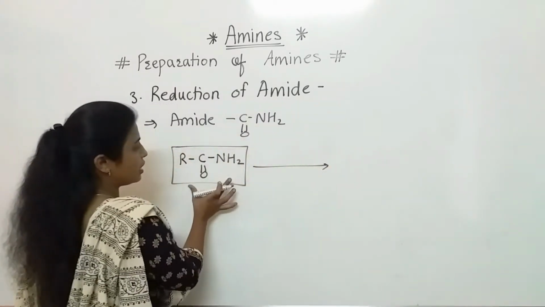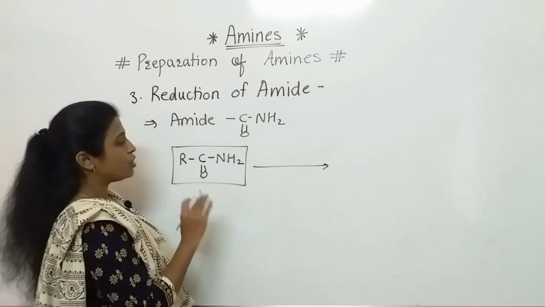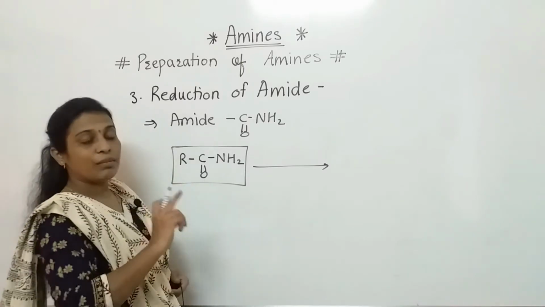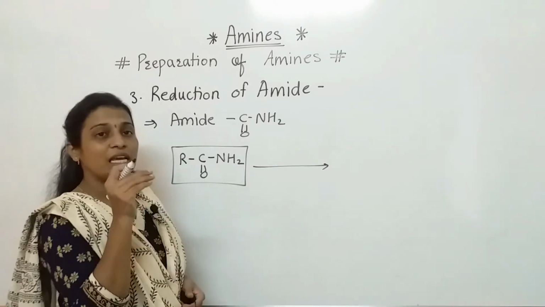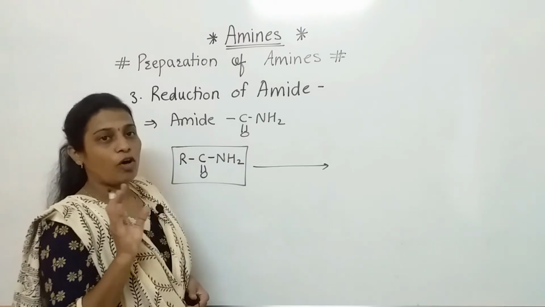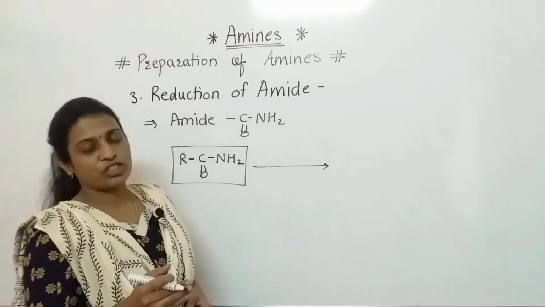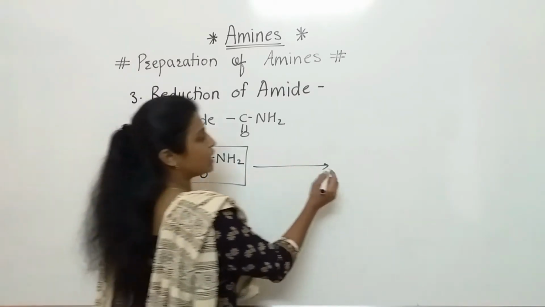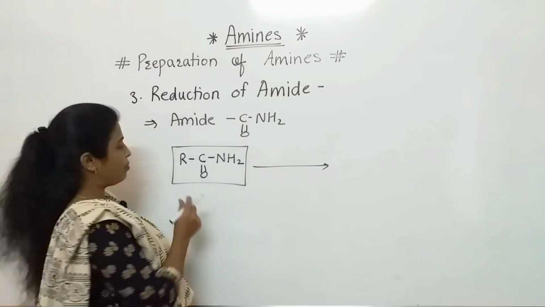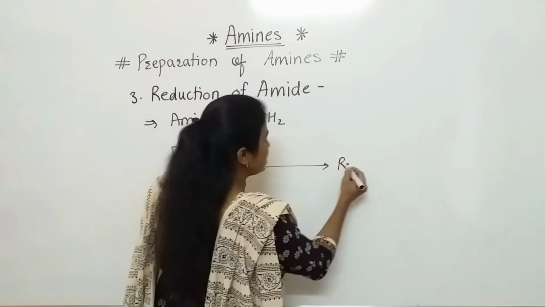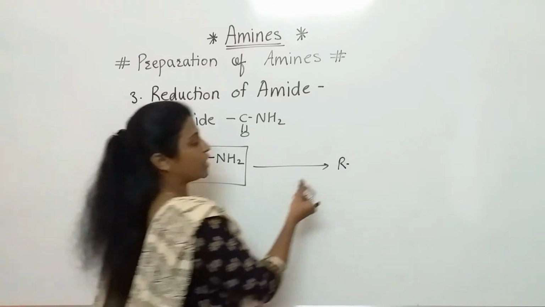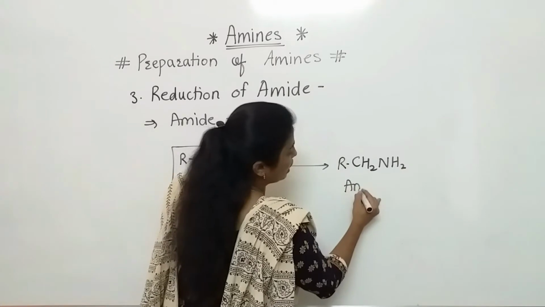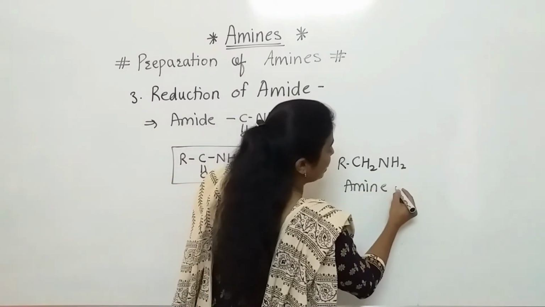So here, what is the condition? Listen carefully, this is very important, because another method is also there for the preparation of the amine from amide. But in that method we are getting the amine with less number of carbon. Means in that product there is a formation of one less carbon containing amine. But here we are getting the amine with the same number of carbon. Means the R group will be as it is. That C double bond O will directly be converted into CH2 NH2. So in this way we are getting the amine containing the same number of carbon.